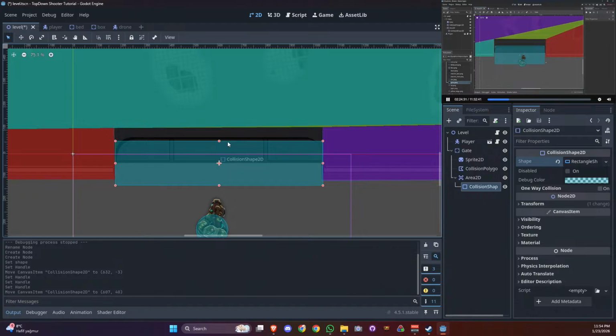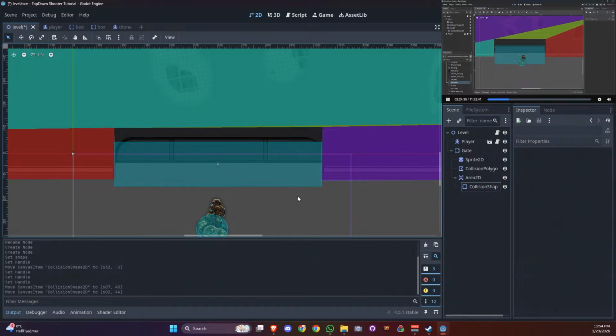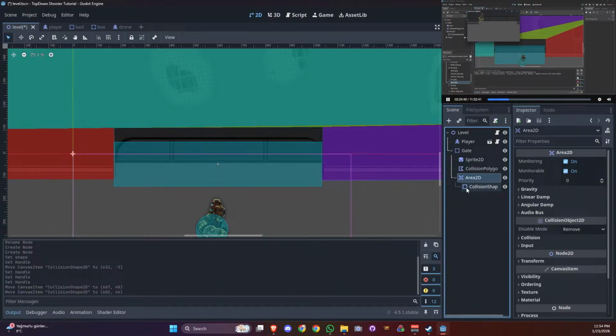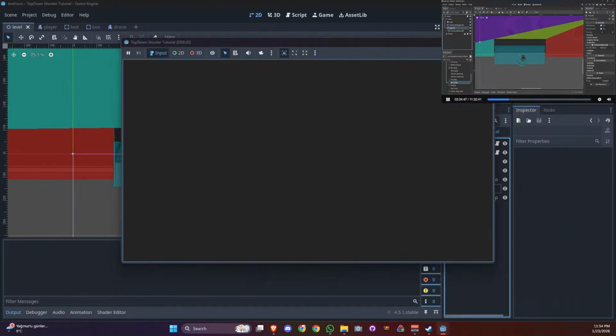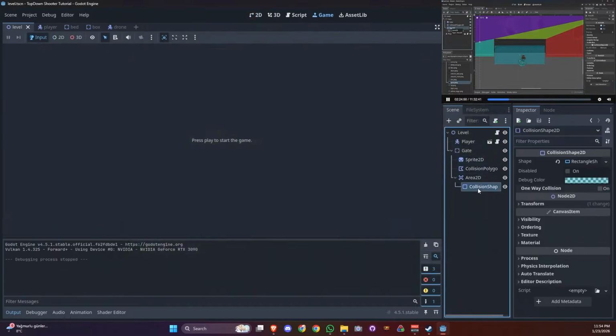There we go. This is a roughly decent entrance. If I run the game, it doesn't do anything. And well, the issue right now is that this area to area and is simply invisible. To make it do